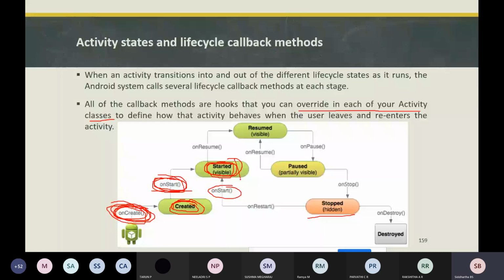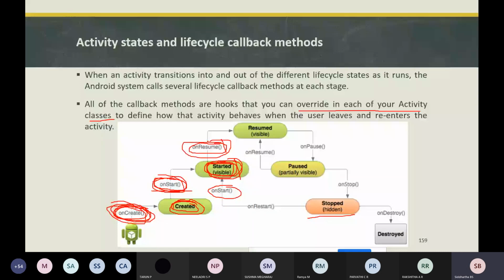Until it calls the onResume callback method, you cannot interact with the activity. It will be visible, but you cannot interact. If you want to interact with the application, it has to call the onResume callback method.